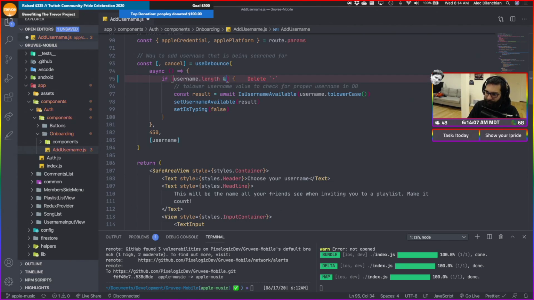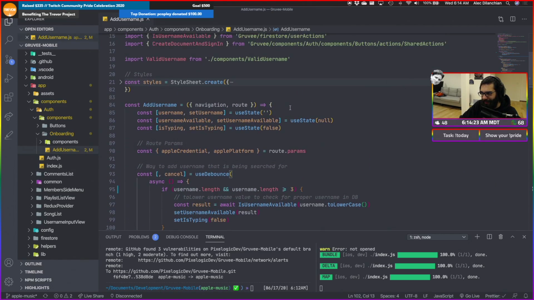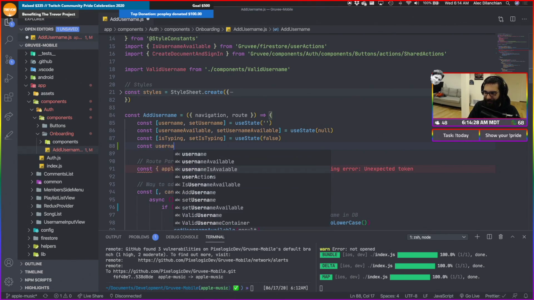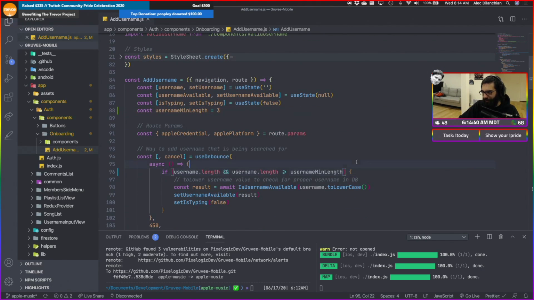Yeah, I think we should say if username length, username.length is greater than or equal to 3, then we'll actually go and check our username and go from there. Yeah, I think we should use that. So we'll say const username min length. I think 3 is a pretty solid number here.